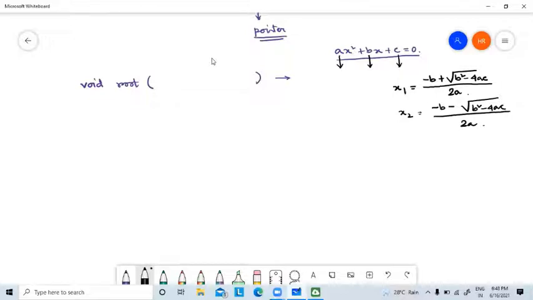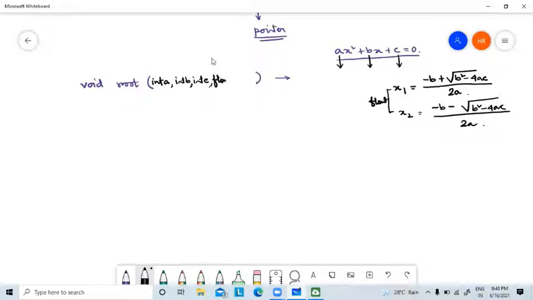So these three variables must be three different arguments in this function. They are integers: int a, comma int b, comma int c. Now we need two roots, but we cannot return them from the function. And these roots may be float values.